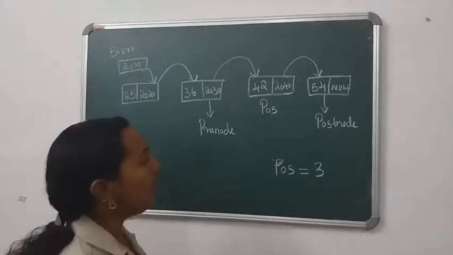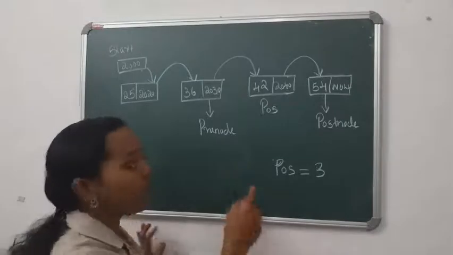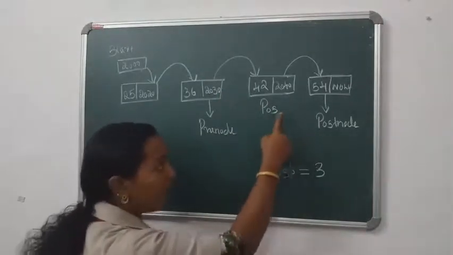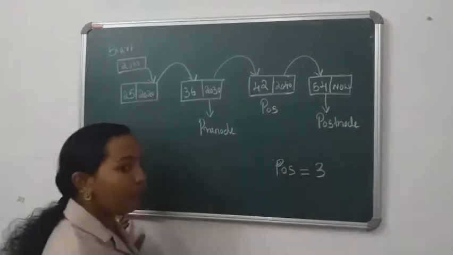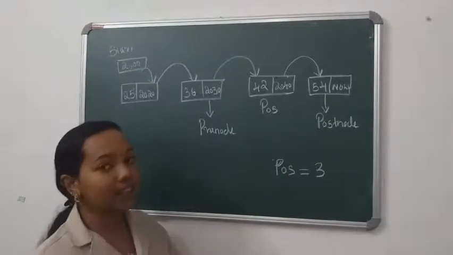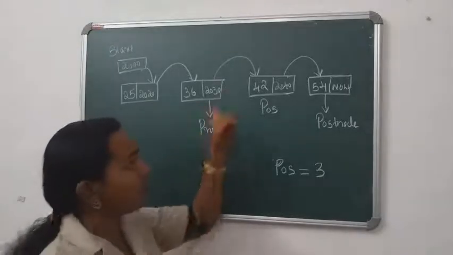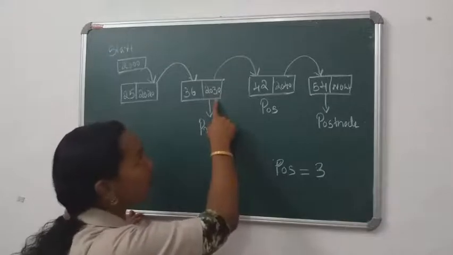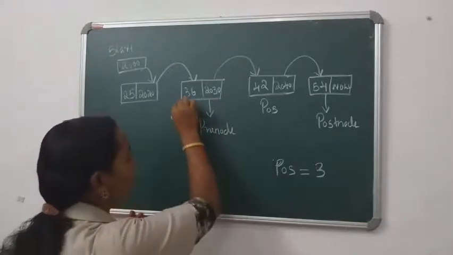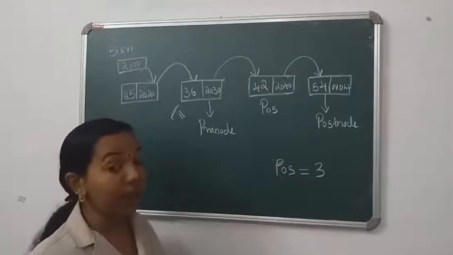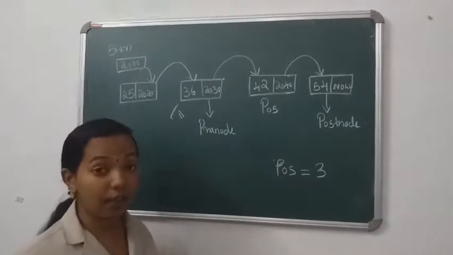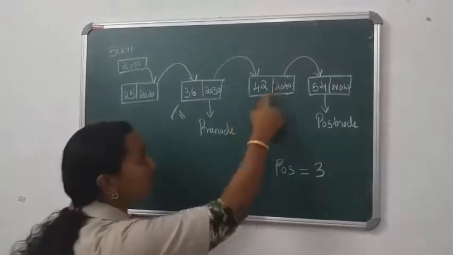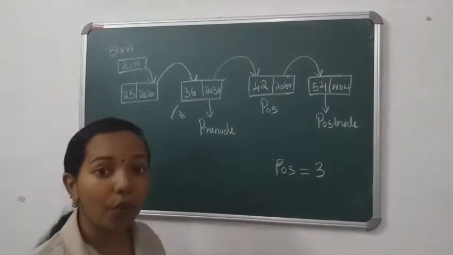54. So in the deletion algorithm, you want to break two connections. Now the second node is pointing to the third node and the third node is pointing to the fourth node. So when we delete the third node, what will happen? The second node will point to the fourth node. So the link part of the second node, what is the value of the link part? The memory address of the second node, memory address 2030. 2030 indicates the memory address of 42.